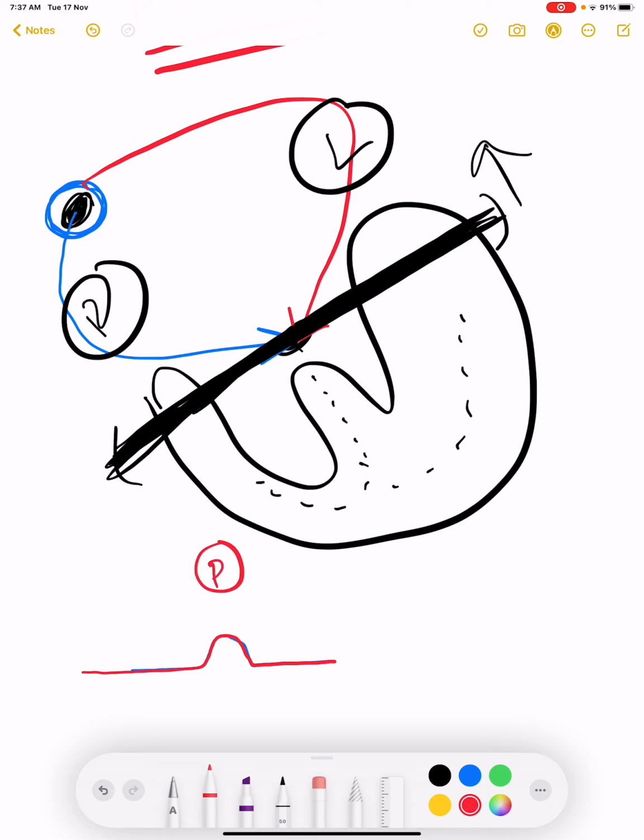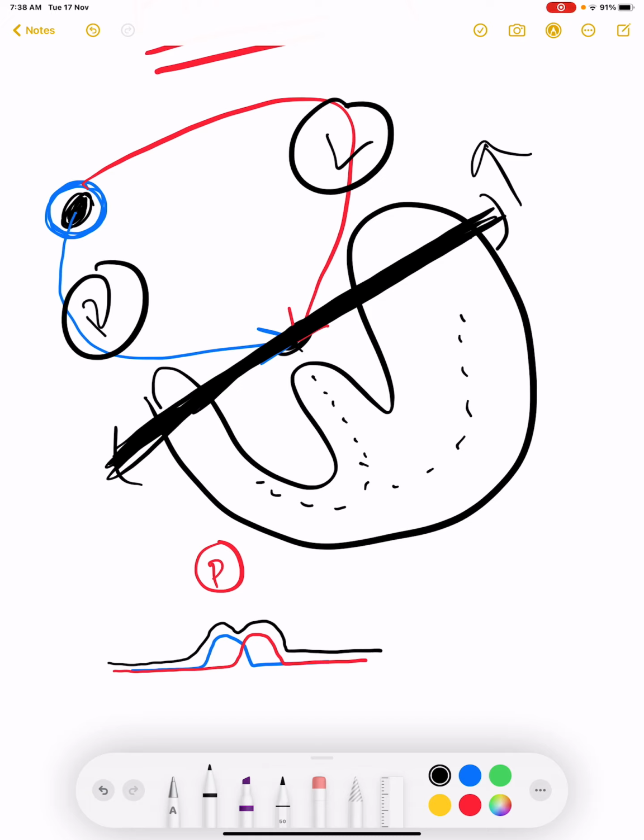So in any circumstance, if one of the atria depolarizes later than the other, then we will see a different type of P wave, maybe an M-shaped P wave or bifid P wave, because one atrium is depolarizing later than the other. And if this happens, then the shape of the P wave will change.